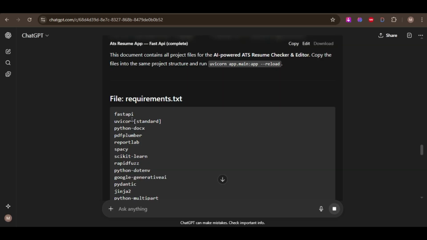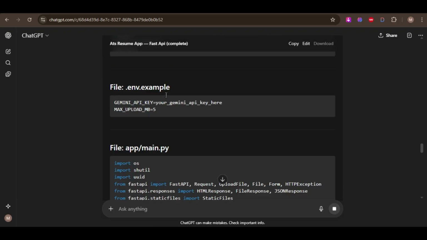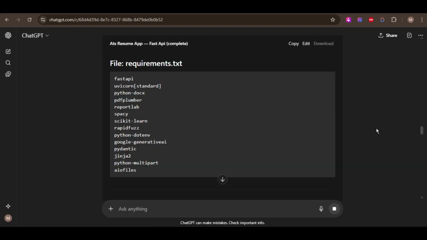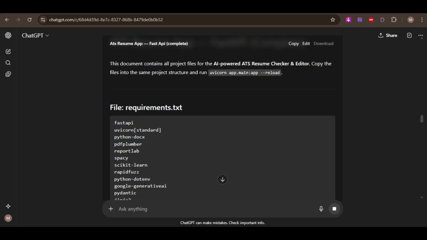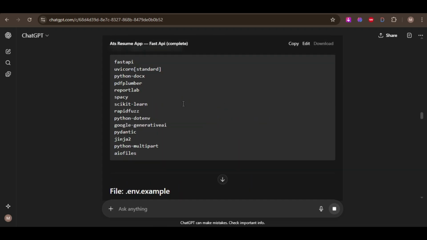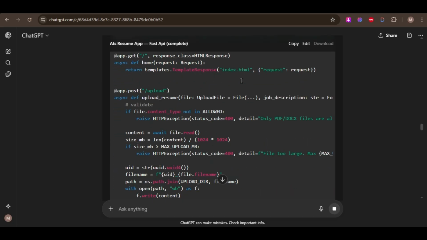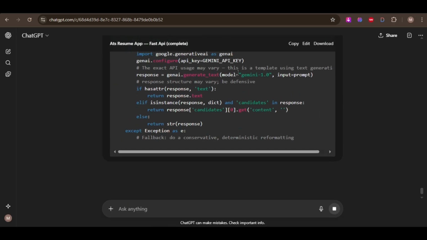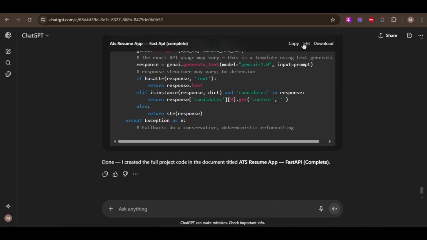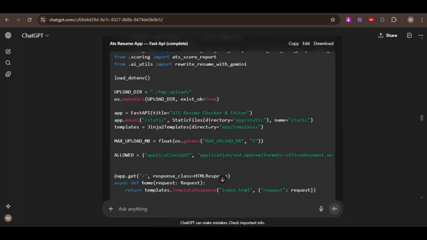Let's see, but it gave me the answer like a PDF or document, and I am seeing how we can copy the libraries and all the code. It is showing a download option.